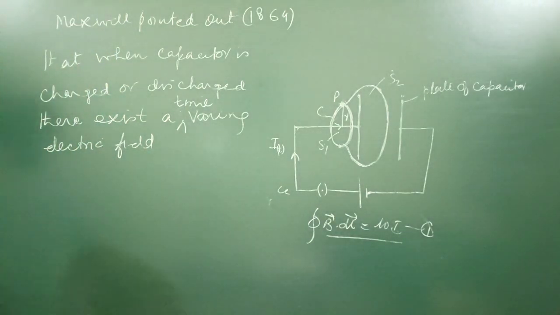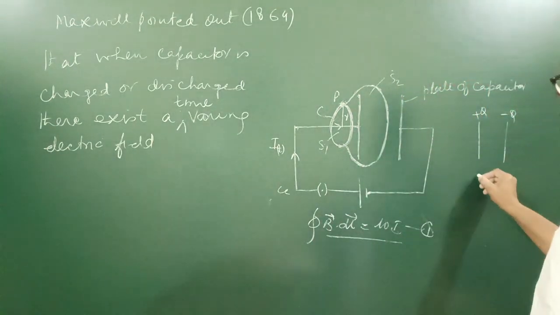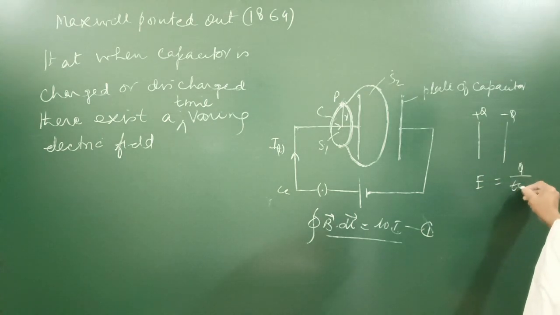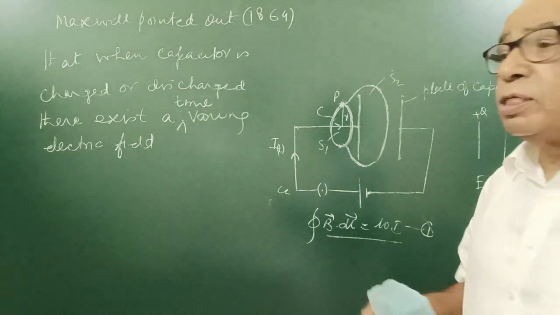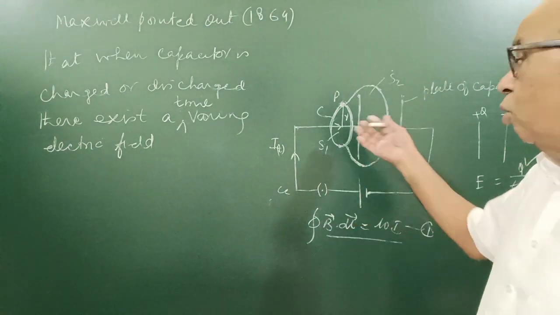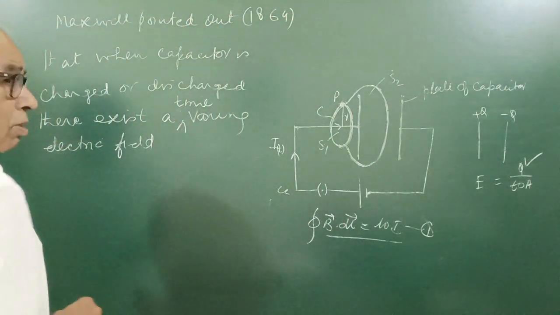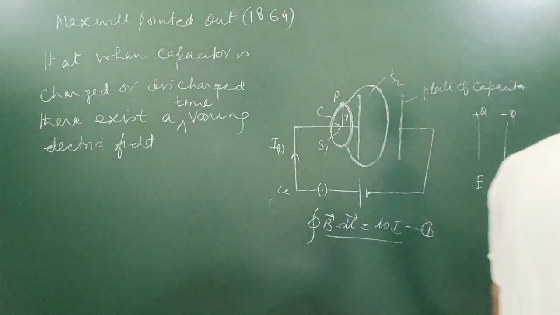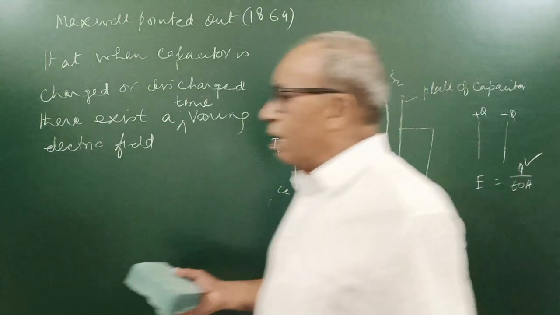This time varying field, why will it change? If there is a capacitor having charge Q and minus Q, the electric field is equal to Q upon epsilon 0 A. If Q is changing with time, when the capacitor is being charged, the current keeps on changing, because when the capacitor gets fully charged, no current flows. So this time varying electric field